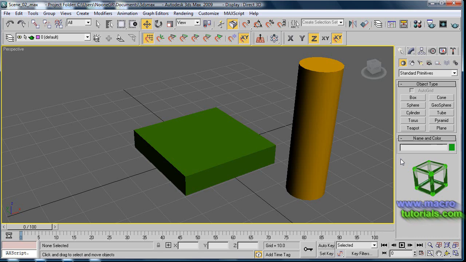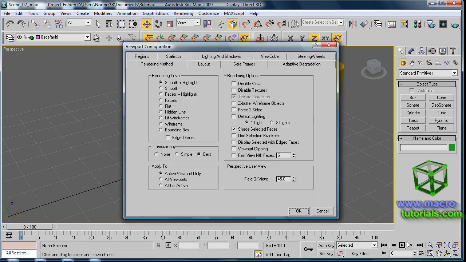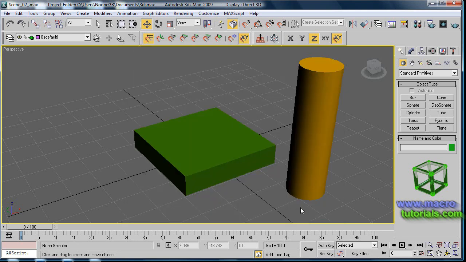Hello. In this tutorial, I will show you how to use the Boolean tool that works to subtract an object from another or to combine objects in different ways. Before we start, you should have previous knowledge about the basics of 3D Studio Max. For this, you can check my other tutorials on the webpage